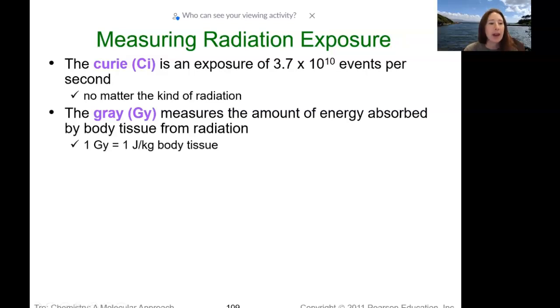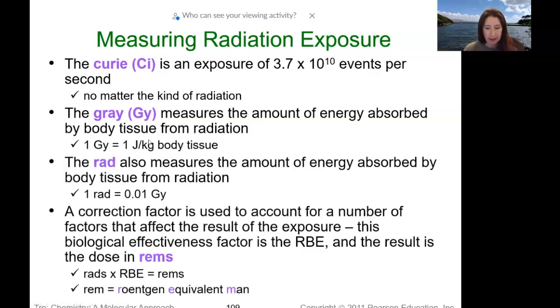Okay, so we have the Curie. Guess who that was named after, right? And so we have the Curie. We're going to go over all these. We have the Gray. We have the Rad, and REMS, and RBE. It's like, wow, oh yeah, there's a lot. And don't forget about the Becquerel. That was the original measurement. Okay, so